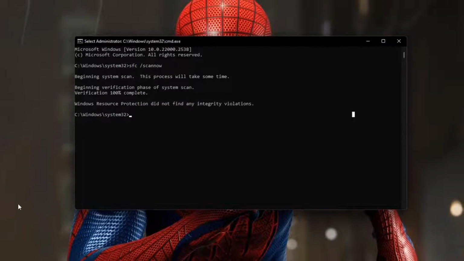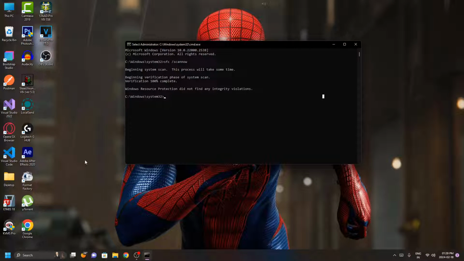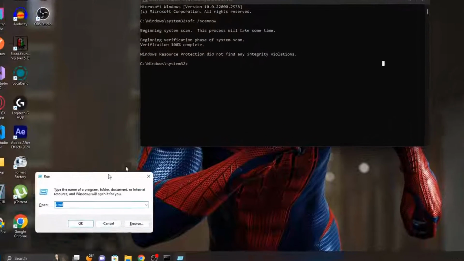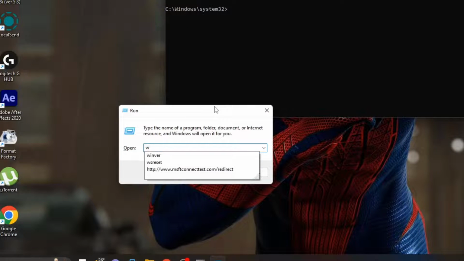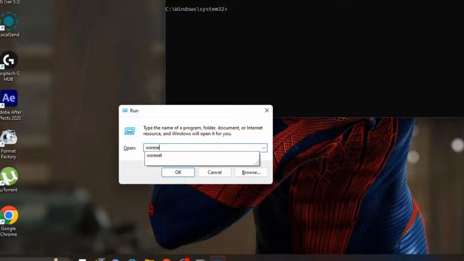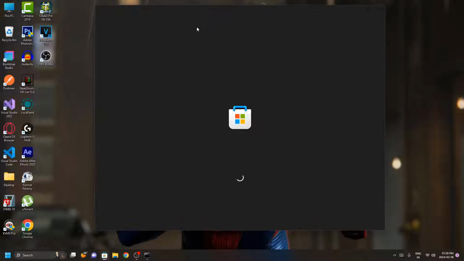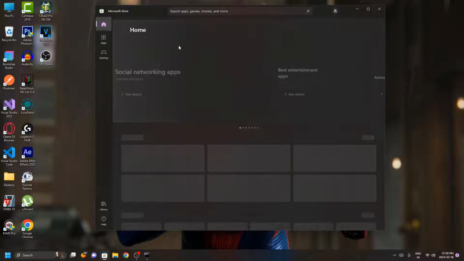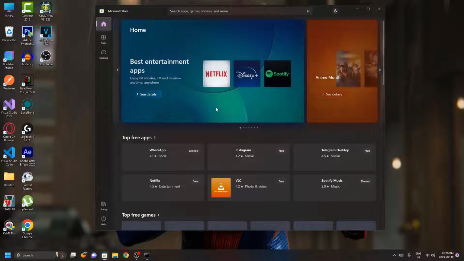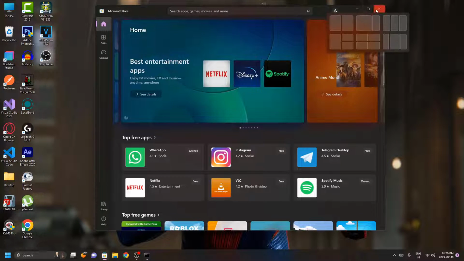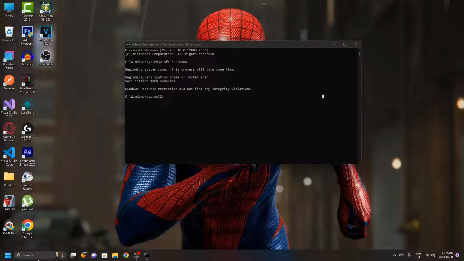The next step is again to use the key combination of Windows plus R, and here you just have to type WSRESET. Once you do that, it will launch Windows Store and it should be fixed now. It is now resetting the Windows Store, and you can install applications from the Windows Store. If it is still not working, all you have to do is go to the Windows search bar